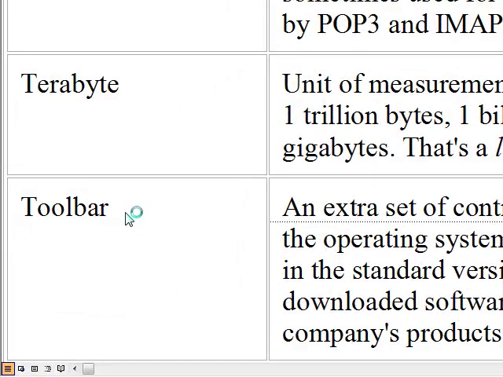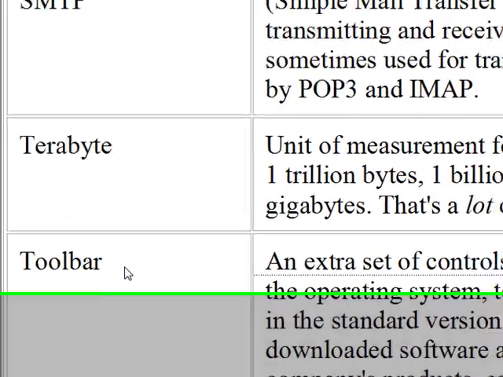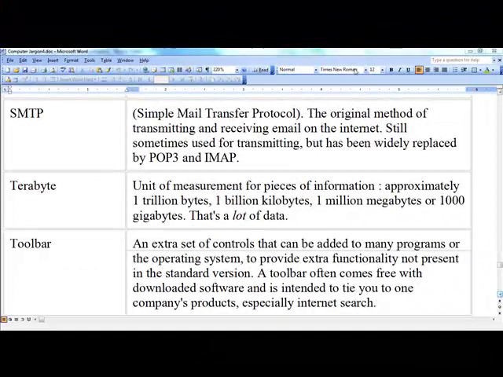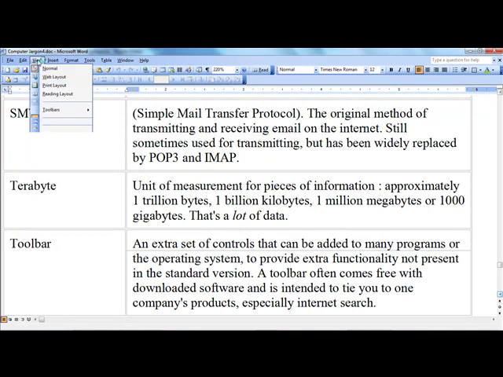Toolbar. Instead of reading you the definition or giving you mine, let me just show you what toolbars are. Here's one. It's the menu toolbar. It's always there in Word. Here's another one, and here's another one, and here's another one. And let me show you how you decide whether you show them or not.